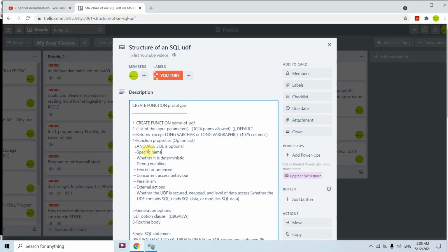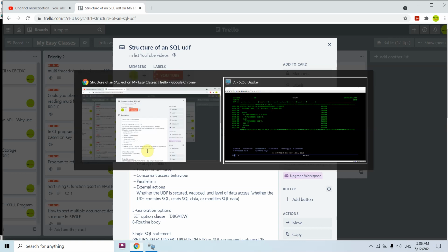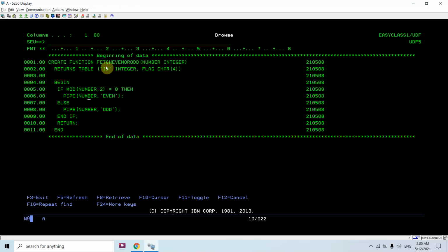What is important here is, when we create same name functions, for example I have created two functions with the same name, and they have a long name up to 128 characters. I have created this named function two times, and one time it takes integer as an input and the other it takes float or something else, let's say real or double or decimal.